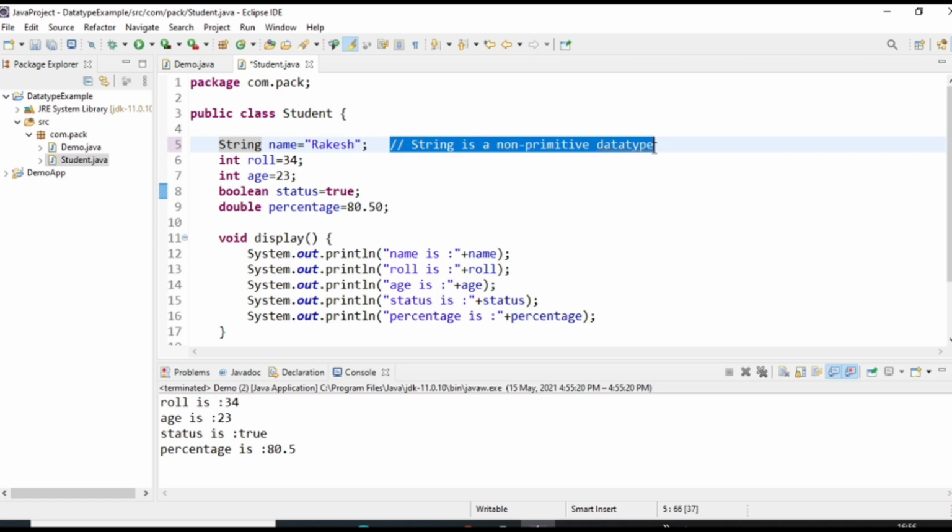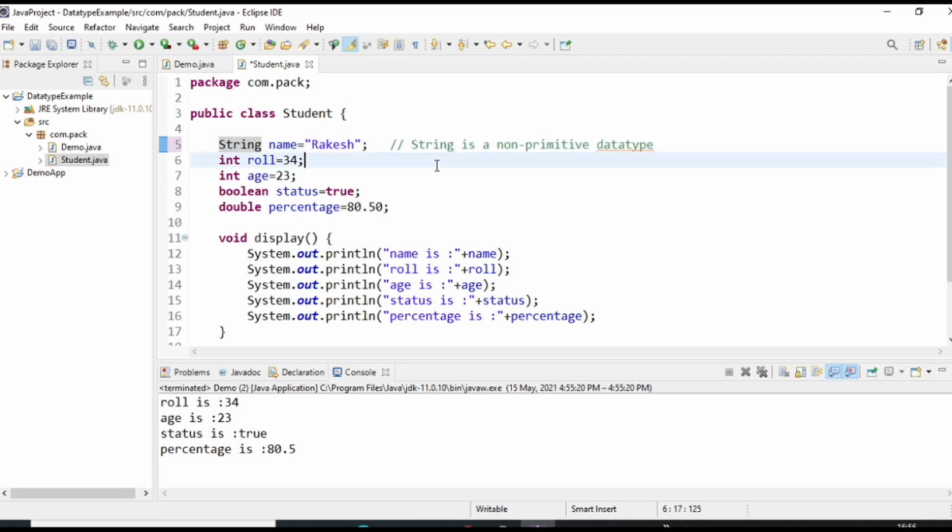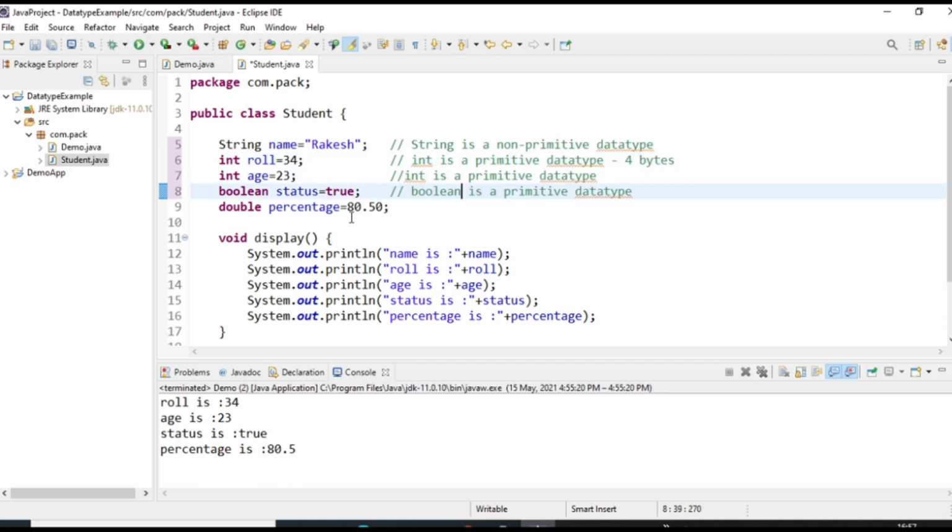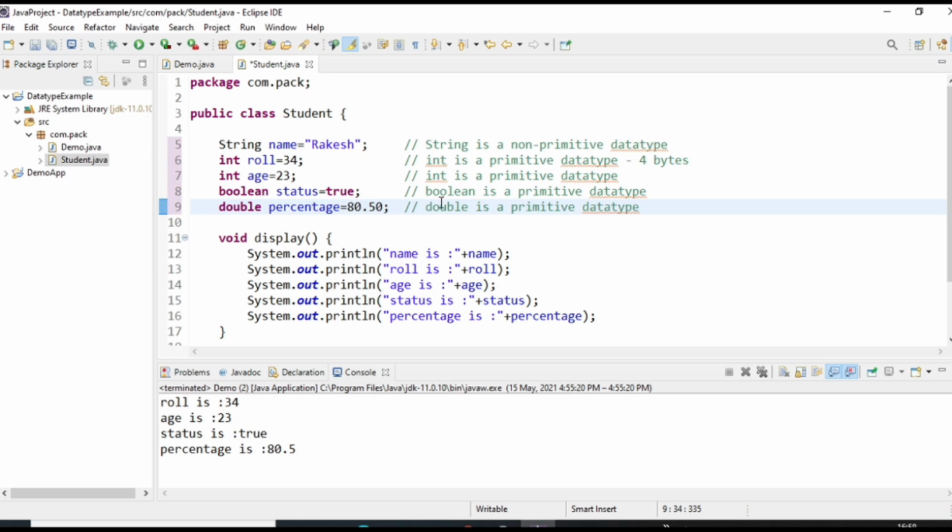Don't be confused, this double forward slash indicates that this is a comment. So this code is not going to execute while executing a program, right? And here integer is a primitive data type. See, these are the data types used.